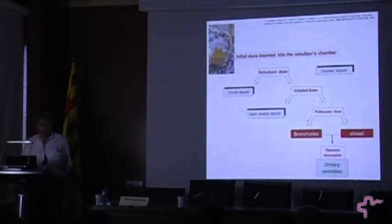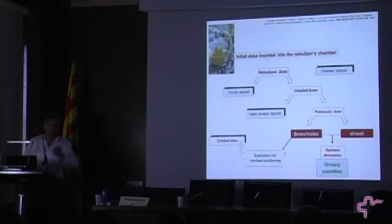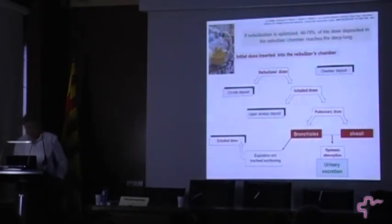At this time, you will have some systemic absorption and urinary excretion. And a part of the aerosol is going back to expiration. And tracheal suctioning, if you do it during or after the nebulization period, will eliminate some doses. Okay,